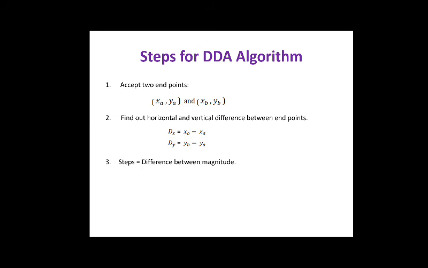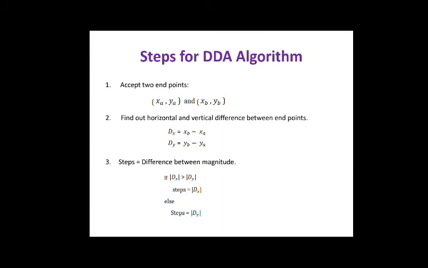The next thing, we have to find the steps. Steps is the variable that shows whether a line has a gentle slope or a steep slope, and how many times we have to calculate the new value. So how do we calculate the steps? First of all, we check whether dx is greater than dy or dx is less than dy. When dx is greater than dy, which slope is it? Gentle slope. So in that case we take the value of dx as steps. Whenever dx is less than dy, which kind of slope does the line have? That is called a sharp slope. So steps will have the value dy.